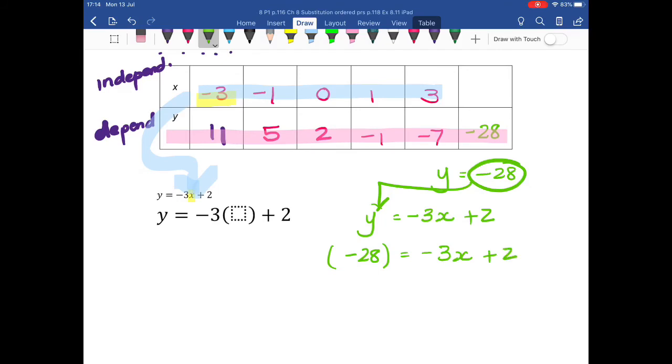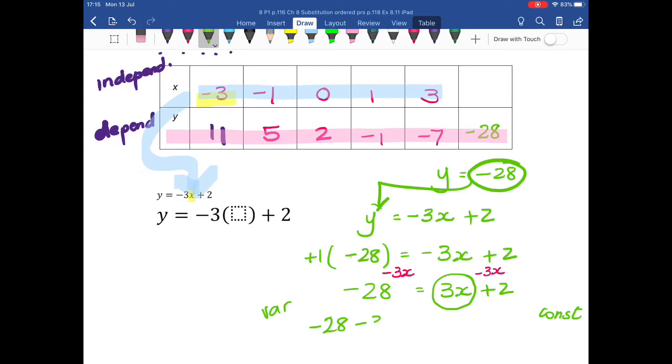And remember, no sign or anything outside means I've got a +1. A positive times a negative is negative. -28 equals -3x plus 2. And we spent the whole term doing equations. So this is an equation. Variables must go to the left, so variables here and constants on this side. So I'm only looking at this. This is my problem child at the moment. So I must subtract 3x there, and I must subtract 3x there. So I will have